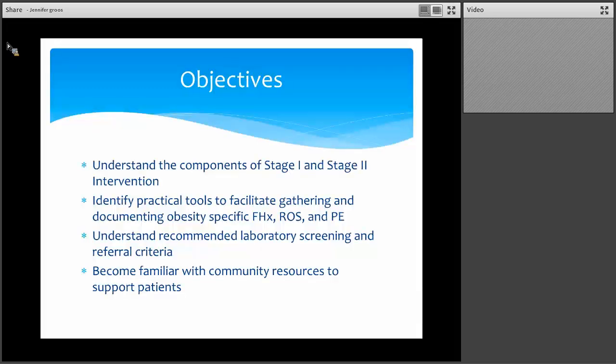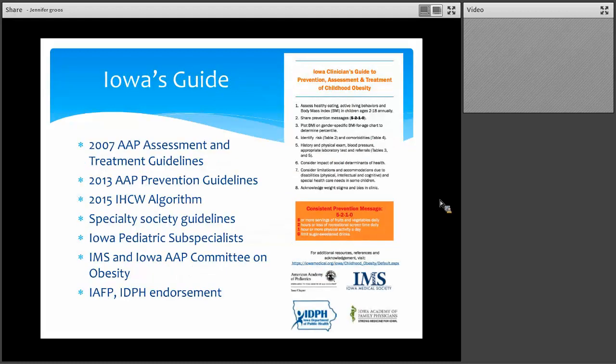Understand the recommended laboratory screening and referral criteria. And finally, we'll review some community resources that hopefully will be helpful to supporting your patients in reaching their goals. So much of the information that we'll cover is contained within the Iowa Clinician's Guide to Prevention, Assessment, and Treatment of